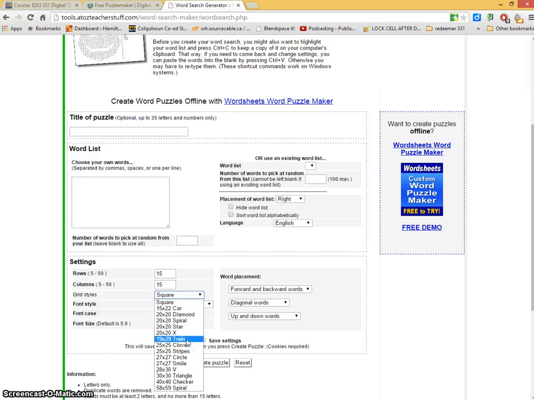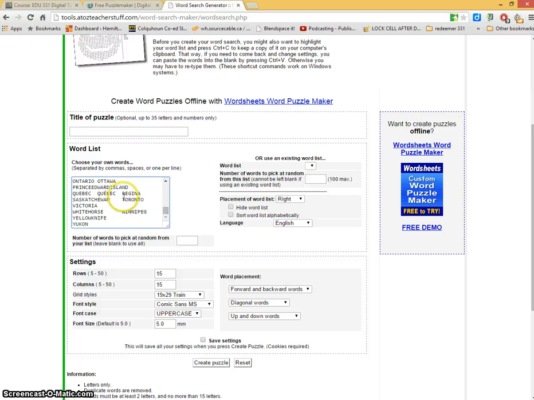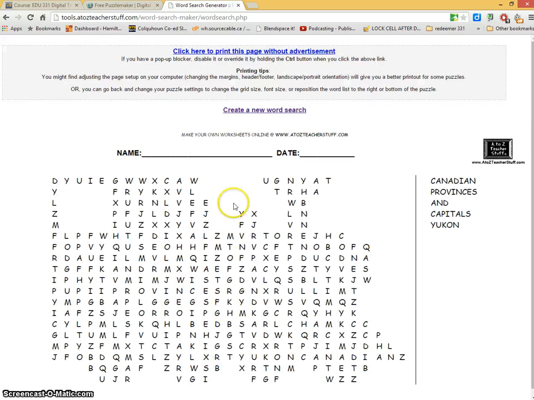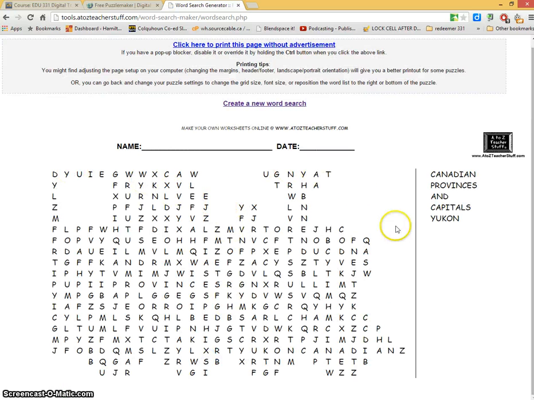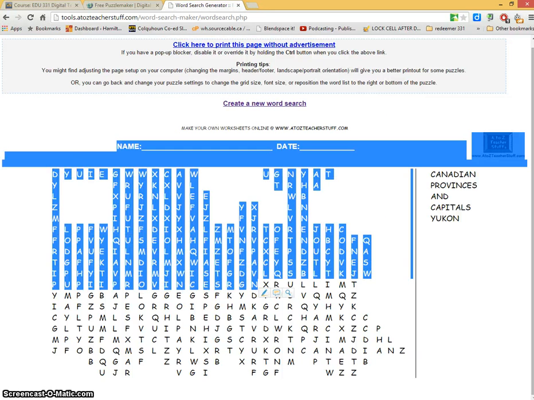So if I wanted to make a train, and maybe we're doing trains, I'm still going to use my word list that I had before, which is all the Canadian provinces. But I can create it, and there we have it in the shape of a train. So I'm not sure how many worked in that one, but you can see how you could use it. It looks like a handout already, but again, I would cut and paste it into a Word document and see how it looks. But if I didn't like the train look, I can always go back